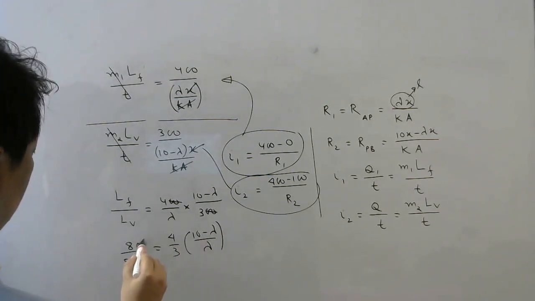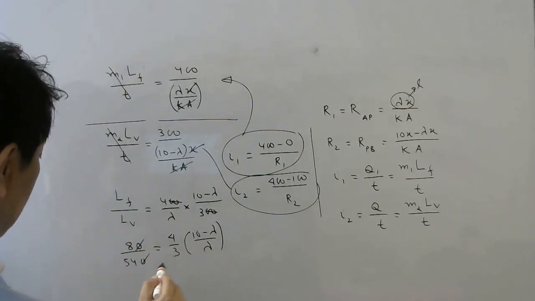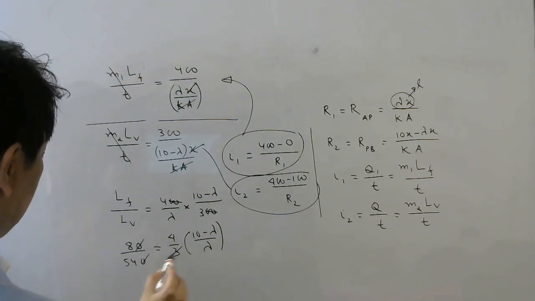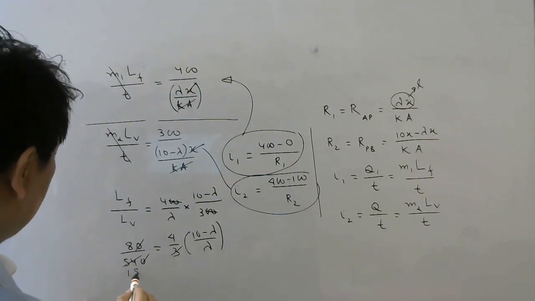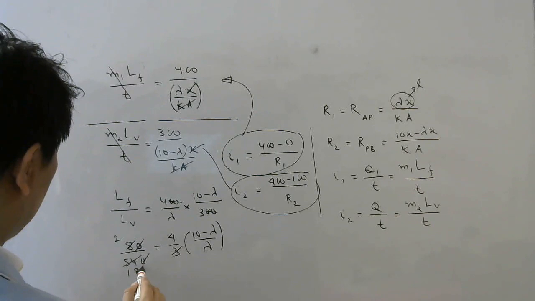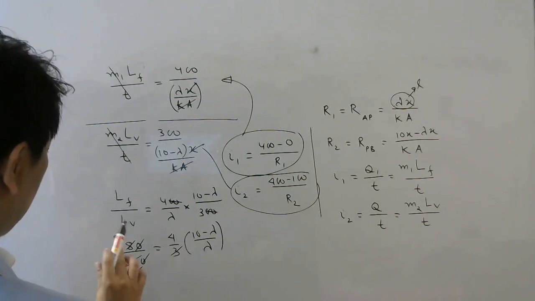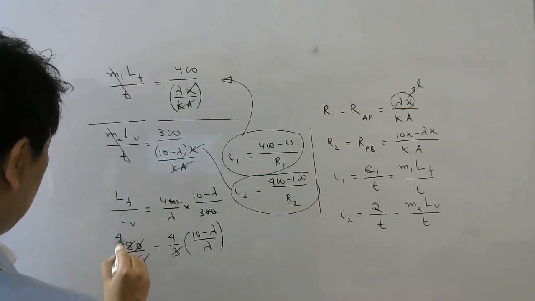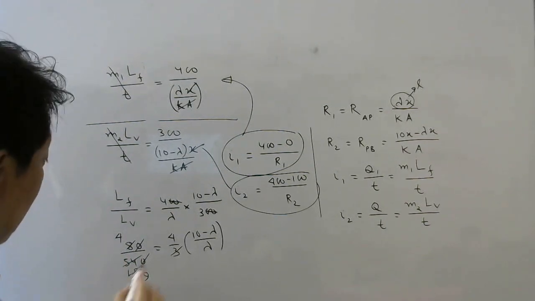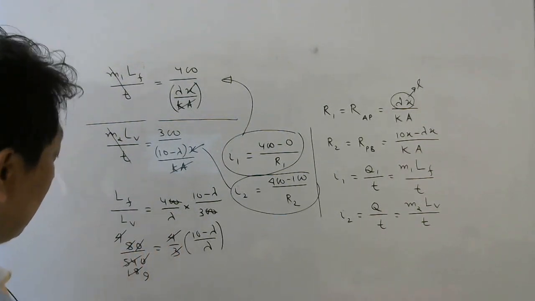Now we just need to solve this. So 0 cancels. So this will be, if I 3, I can cancel, right? 3 and 54. So 3 ones are 3, 2 carry, 3 eights are 24. Then this will be 4 twos are 8. 4 will not cancel, so 2 fours are 8, 2 nines are 18, right? So 2 fours are 8, 2 nines are 18, and this side 4 and 4 will cancel.